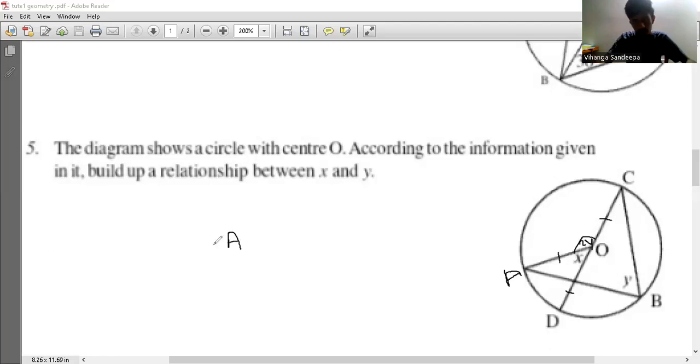So now I am writing the sentences. Angle 2 into angle ABC equals AOC. So you have to write the theorem in here. Then we can write down again, AOD plus